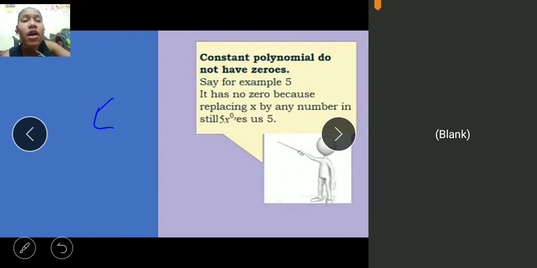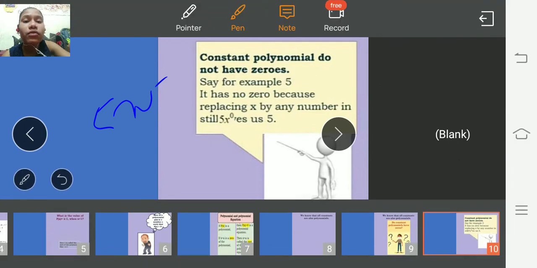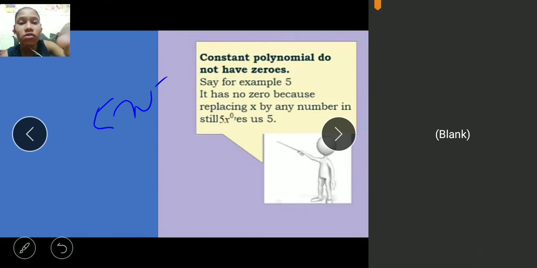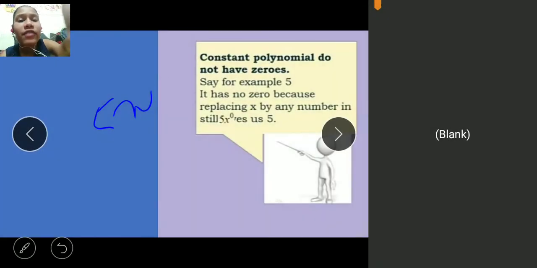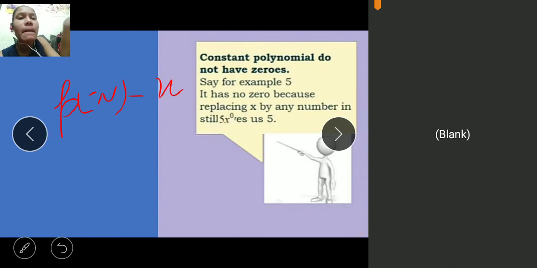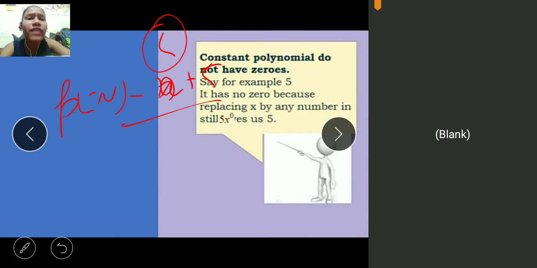If I ask you about x plus 5, wait, let me change the color because this is also blue for you. Okay, if I say x plus 5, then if you put any kind of constant, if you put 100, 1000, thousands, 1, 5, 7, let me take an example of 5 only. If you put 5 in the place of x, 5 plus 5 is equal to